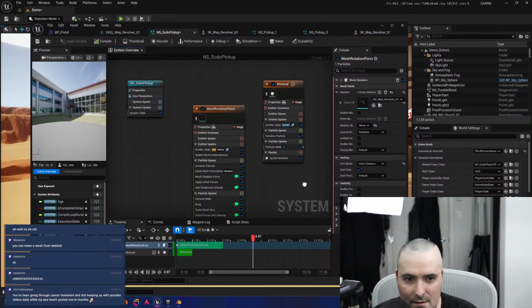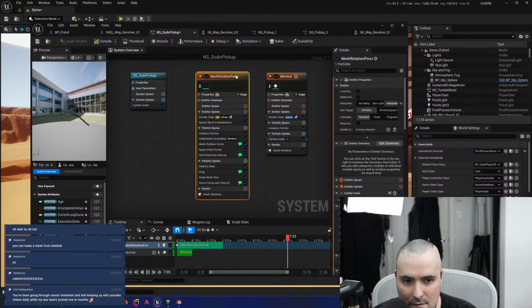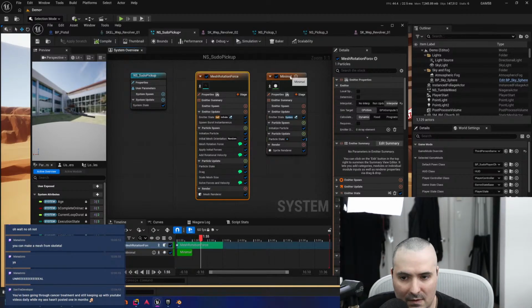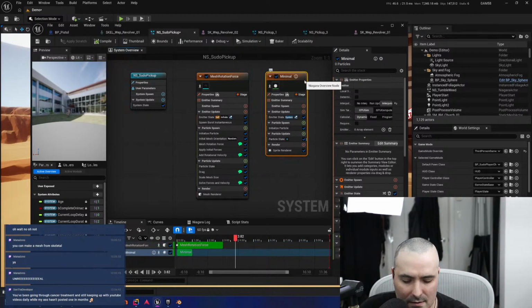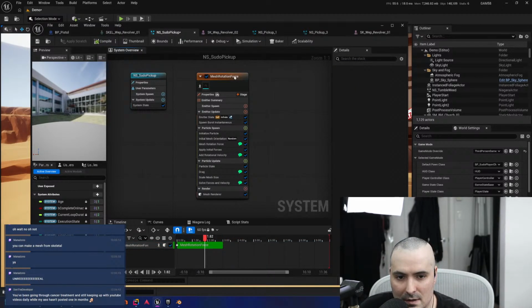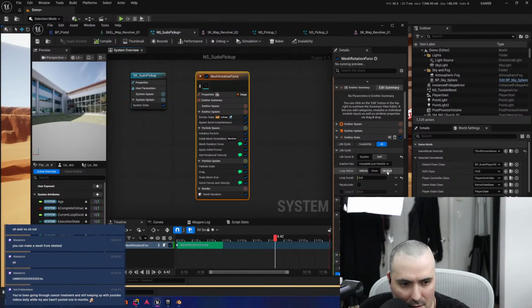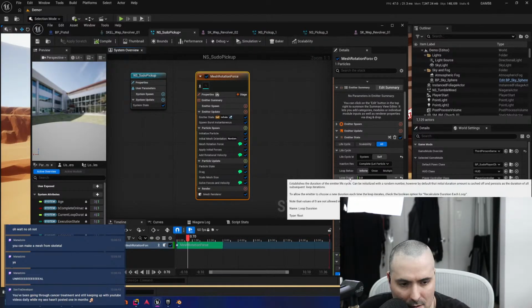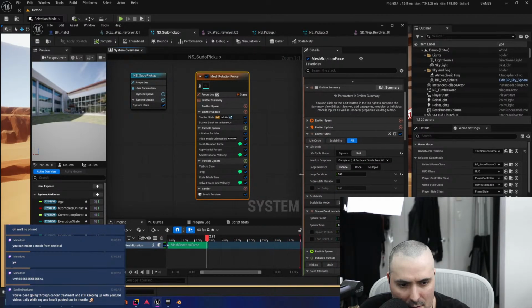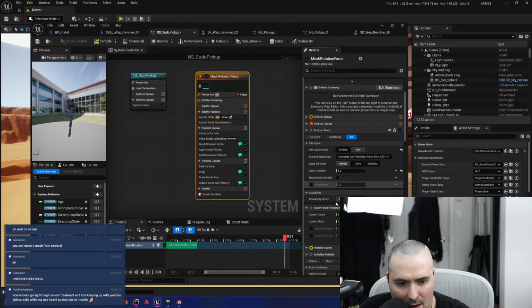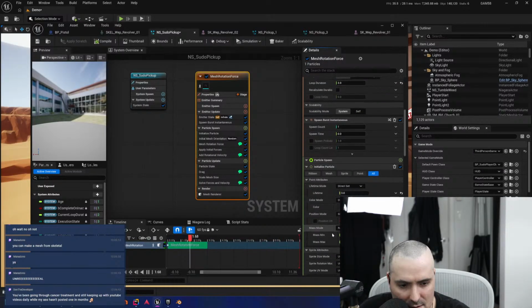Okay. And if I delete this one, then here, loop duration. Okay, I want it not to resize.